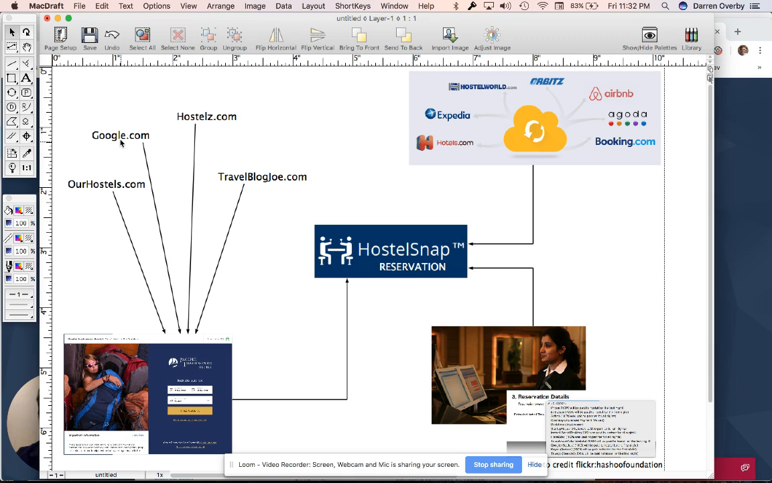So in this case, if somebody was on Google immediately before they arrived on your website, the marketing source would be google.com. If they were on hostels with a Z.com, then that would be the marketing source. So each of these are marketing sources. The reservation source would be your hostel website. Now, in the case of third-party reservations that maybe come through MyAllocator or those that were manually entered,